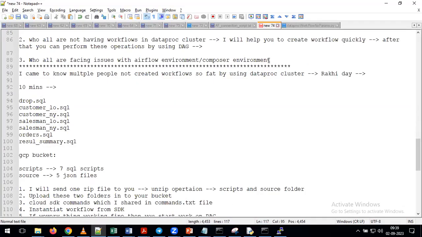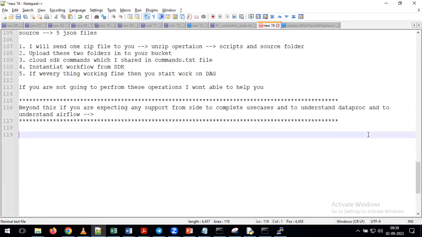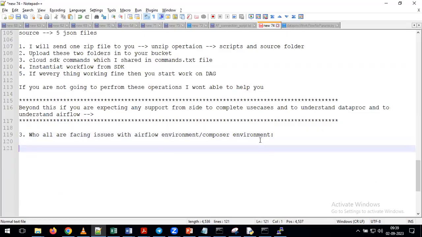Okay. Now we'll discuss the third category people. The third category people are those who are facing issues with the Airflow environment and the Composer environment. So for these people, what you have to do here is